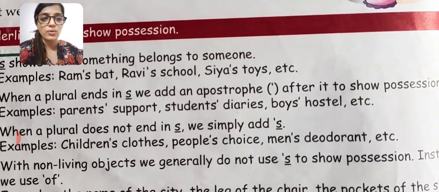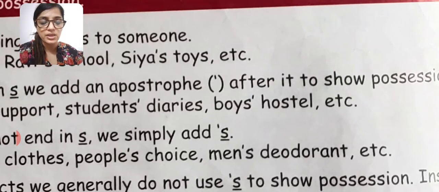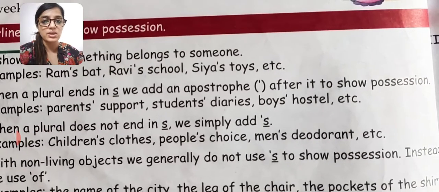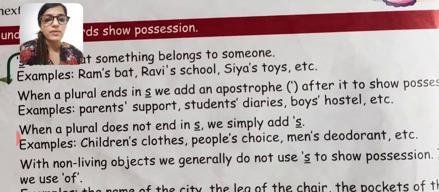So these are all plural forms, like boys' hostel, so we are talking about many boys. So there is a difference. There are two ways in which the apostrophe is used. First, when it is used before s, the apostrophe is for a singular form, and after writing the apostrophe we will add s. But when we are using it with a plural form, then we will write the whole word, which generally ends with s, and we will write the apostrophe later.